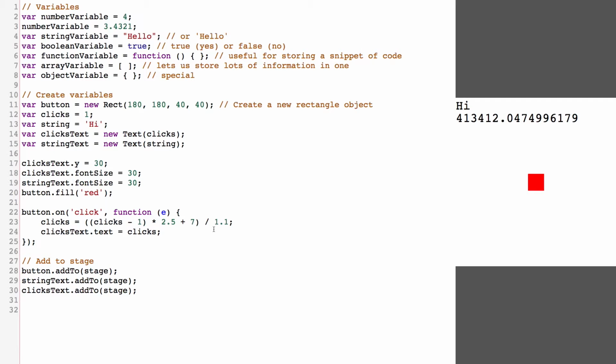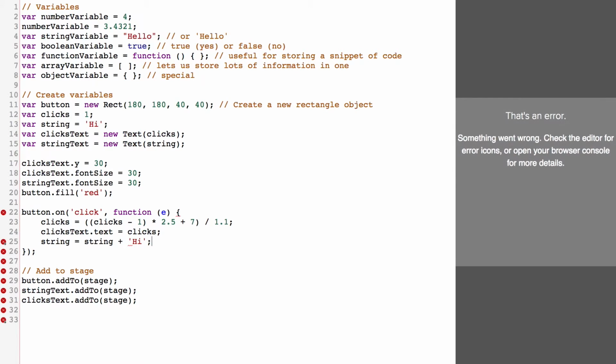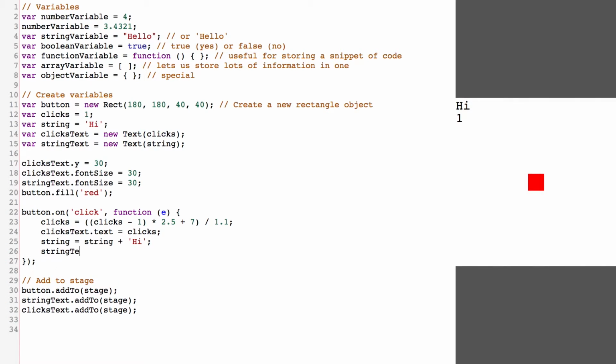What happens when you try and add something to a string? Because it's not a number. So you couldn't really do anything with it. Well, let's see what happens. String equals string plus, let's add another high. And let's see what happens. String text equals string. Now when I click on this, another high appears, and then another high appears, another high